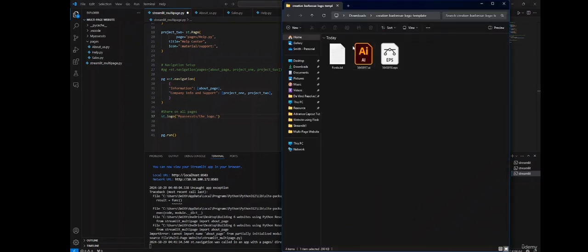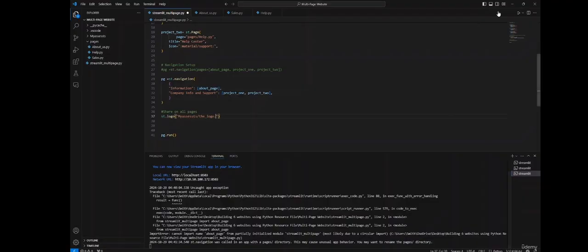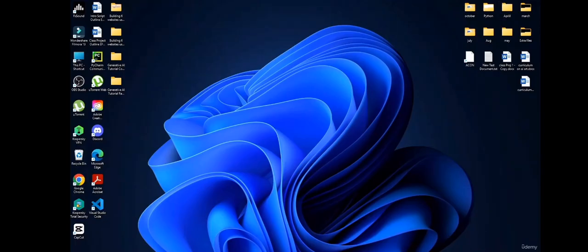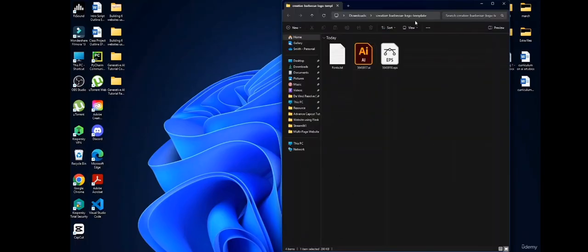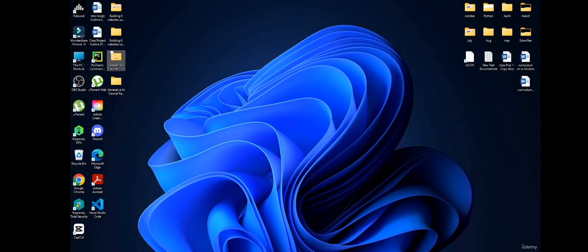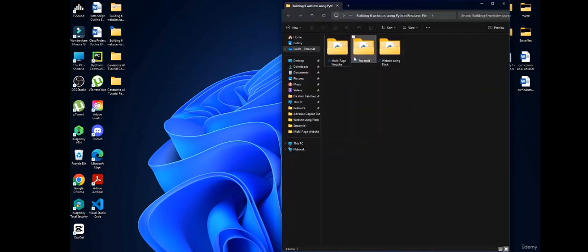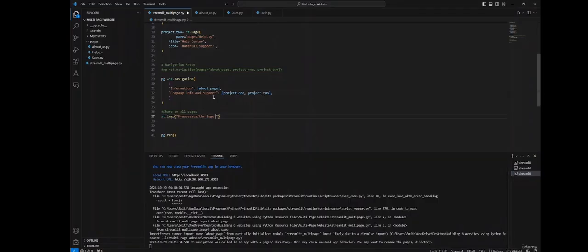Let's come here. Let's minimize this stuff. Let's go to this multi-page website, and this is a JPG file. So I will just go with dot JPG. Okay. So as this is done, I will just come here and over here I will again add st dot